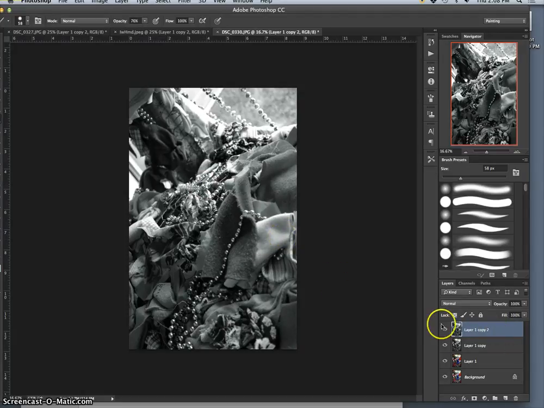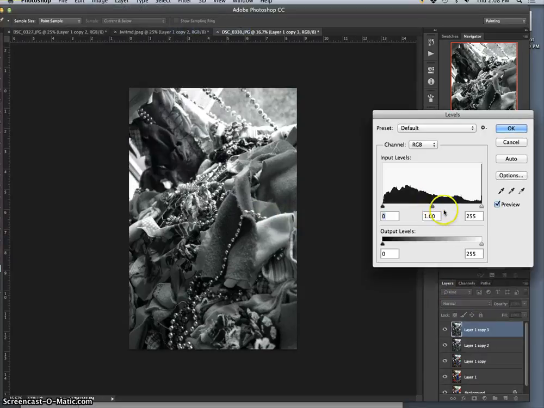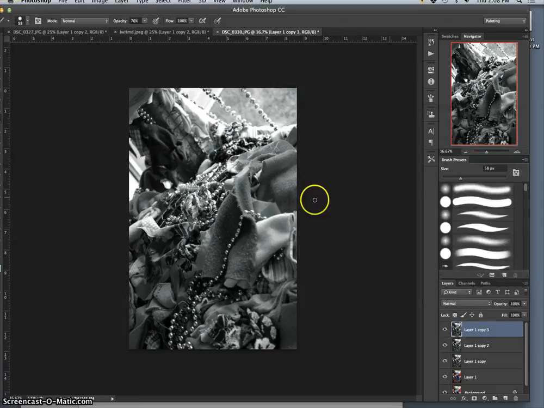Well, now that it's already processed in black and white, I want to do a final levels adjustment. So I'll make another duplicate and go to Image Adjustment Levels. And now this histogram is going to look a little differently. And you can do this before you crop or actually after you crop, just to see, because if you do it after you crop, then you know that there's certain things you'll keep. But before I crop it,